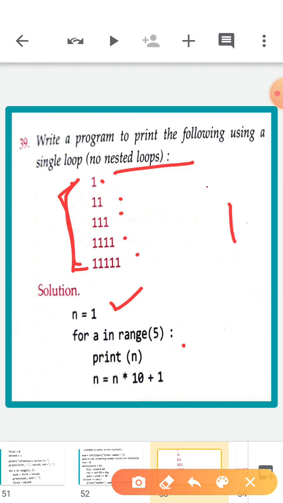Okay, after that n into 10, it should be a new line here. If we print slash n, it will directly come to the new line. Okay, let me show you this question also in the notebook.